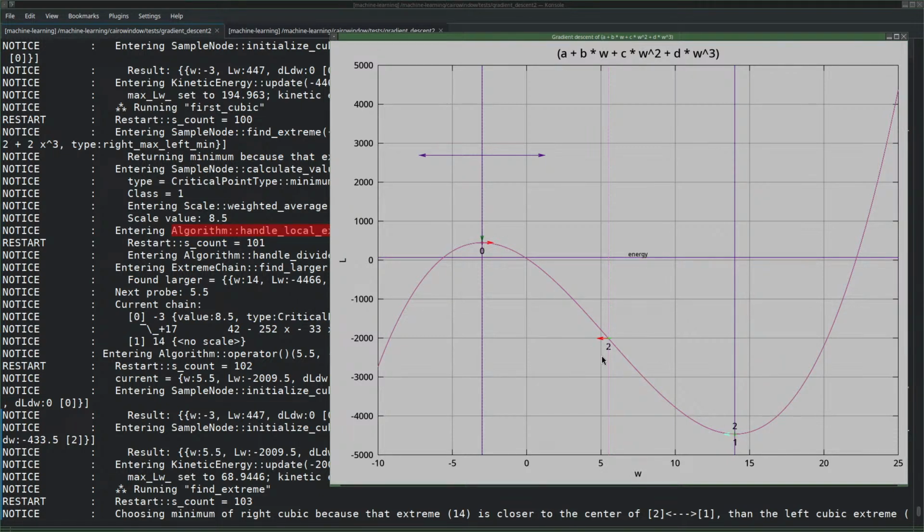So at the inflection point it does it, which is exactly in between the maximum and the minimum, by the way. So that's why point 2 was added, to split this piece into 2. So now we have 2 cubics, one for the 0 to 2 and one from 2 to 1. And then it says, okay, we're looking for a minimum, we still do that. Well, actually, it still didn't decide that, but what it is doing now is saying we have a cubic here, and we have a cubic here,